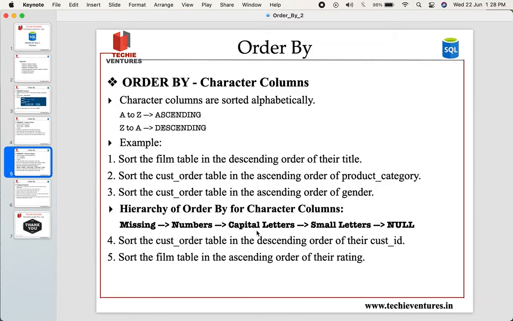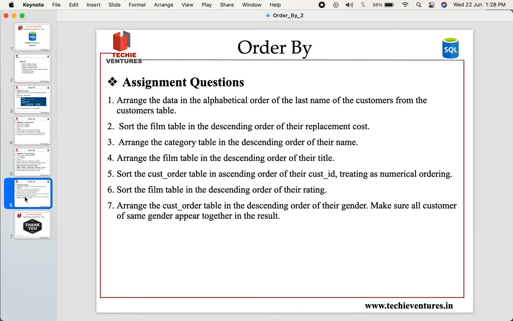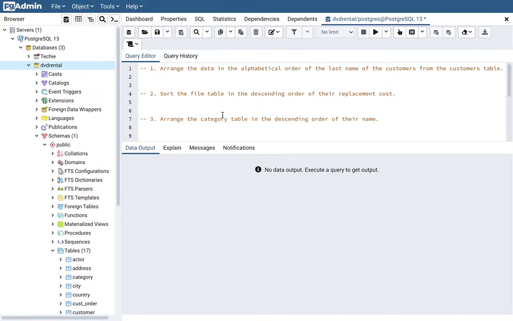The truth is that the capital letters or the uppercase values are treated as smaller values than lowercase values or the small letters. I have already discussed that in the previous video, so please go ahead and check it out. After that, I gave you a few assignment questions for you to practice. So in this session, we are going to talk about the solution of these assignment questions. So let's get started. I have just copied all these questions here in my PostgreSQL,